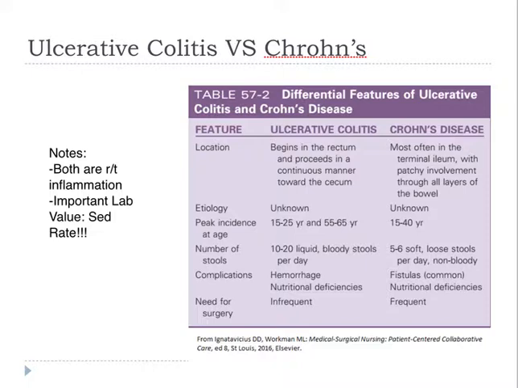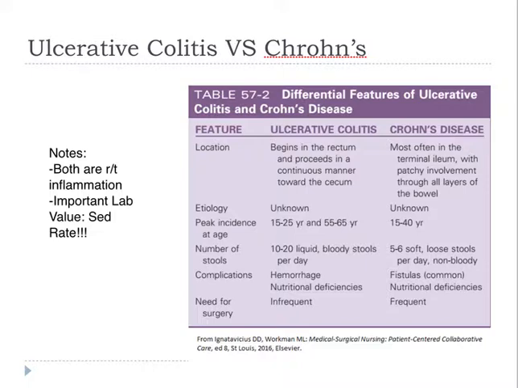Both of them have an important lab value, the SED rate, the sedimentary rate. The SED rate is a laboratory indicator of the level of inflammation in the body, but it is non-specific. It won't tell you where the inflammation is. So that's when we correspond it with the location of the pain and the type of stools or complication that